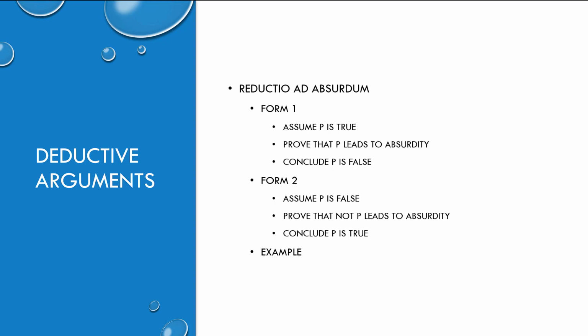And the way to do this deductively is to show that the assumption of P leads to a contradiction. And of course, contradictions can't be true by definition, they're always false. And so you conclude that the claim P is false. The second form is to assume that a claim is false, in order to prove that it's true. You prove that assuming not P, that it's false, leads to an absurdity, ideally a contradiction. And if assuming not P leads to a contradiction, then P must be true. For example,